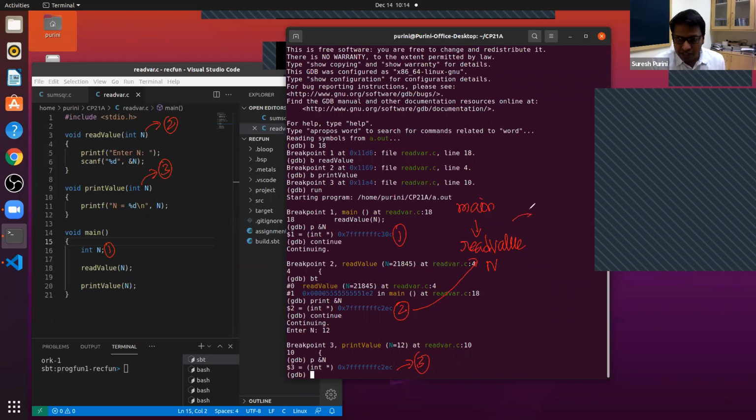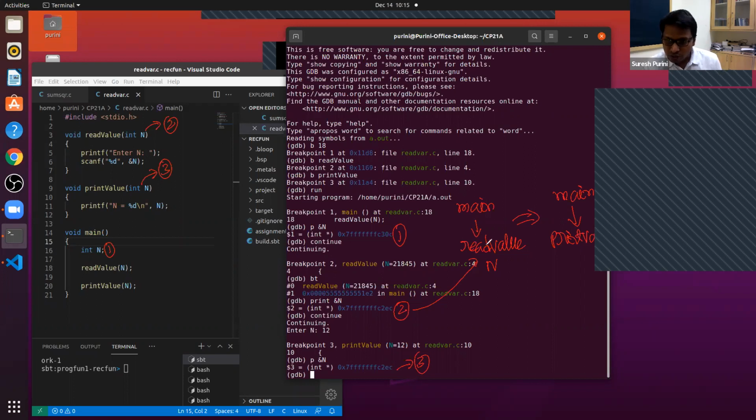But after we return from read value, the function read value is no longer active. So whatever memory was allocated to it is deallocated. And when print value is called, the memory is reused.